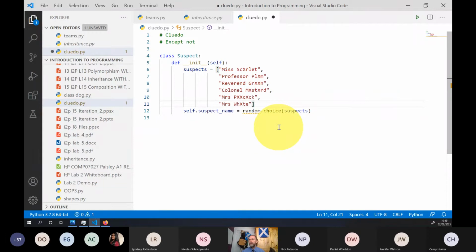Remember, Python doesn't care about the white space, but it makes it really clear what that list is. It makes it really easy to see all the items in there without continually scrolling. Okay, so we've set up a list of suspects. We have used one of our library functions called choice to just grab one of those.